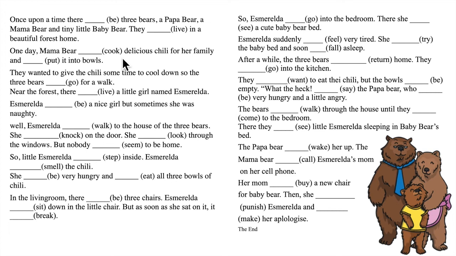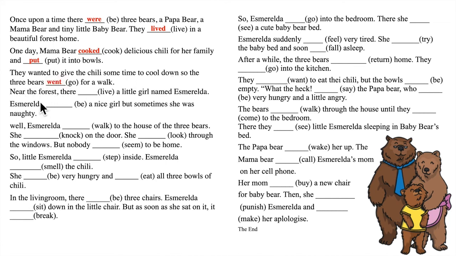Well, here's the story. You can tell it to your kids if you want. Once upon a time, there were 3 bears. A papa bear, a mama bear, and a tiny little baby bear. They lived in a beautiful forest home. One day, Mama Bear cooked delicious chili for her family and put it into bowls. They wanted to give the chili some time to cool down, so the 3 bears